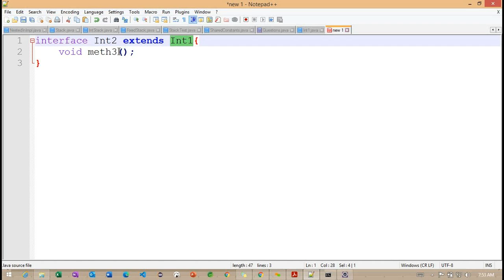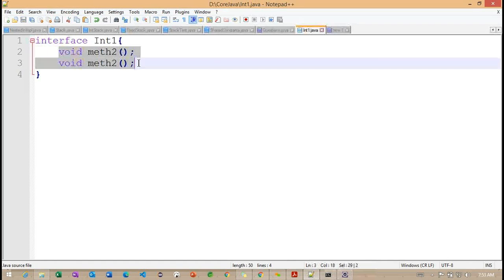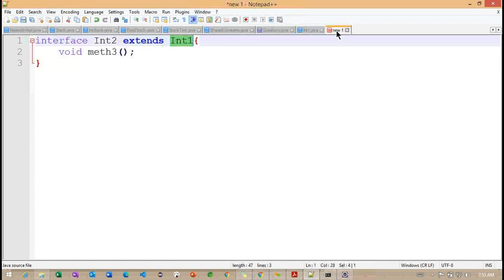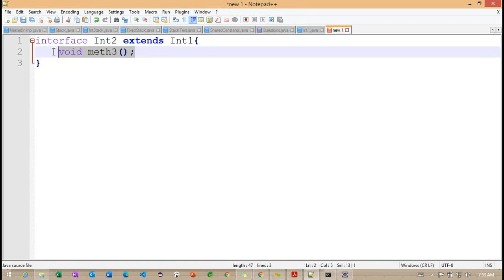Whenever it is extending, we already identified that the two methods from int1 are logically available in this interface here.